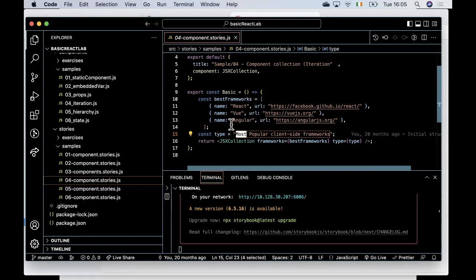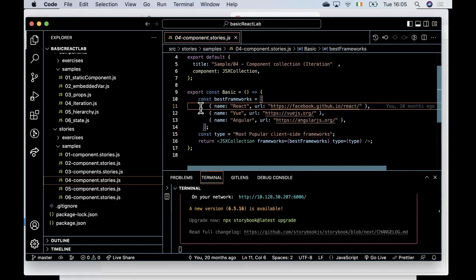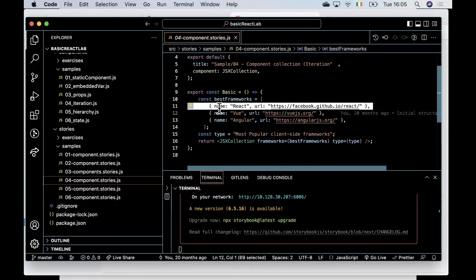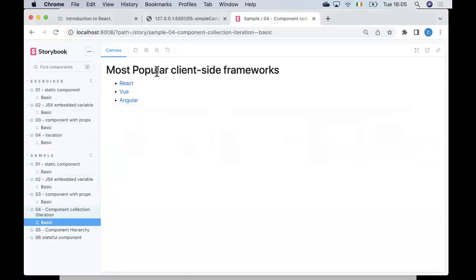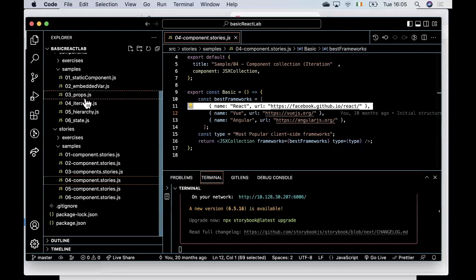Now, what I want my component to do is to take this array, and for each entry in the array, I wanted to generate a hyperlinked element, and I want those elements then to be within an unordered list, if you like. So if we look at the component itself,